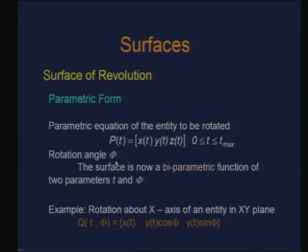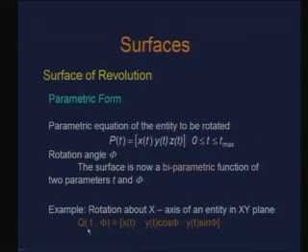So, that gives you the second parameter for the definition of the surface. So, in a way we form a biparametric function which gives the surface, right, of t and phi, right. So, an example is that if I rotate something about x axis which lies in x y plane, right,